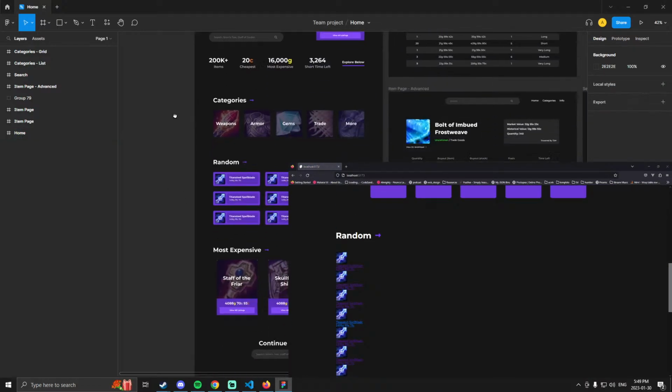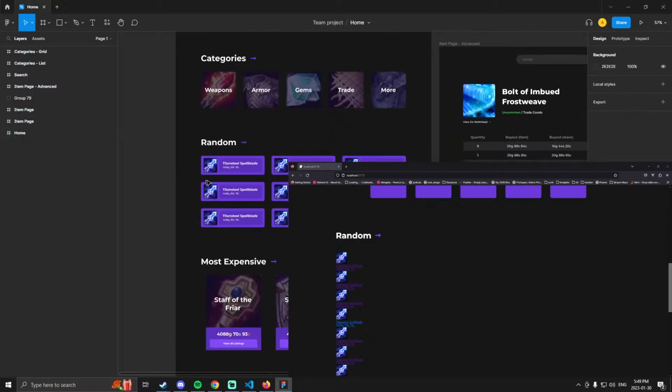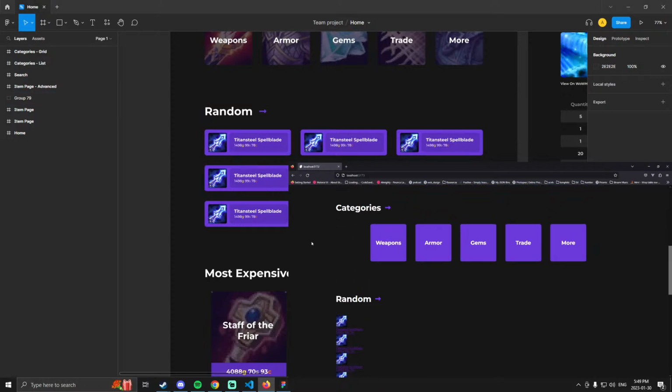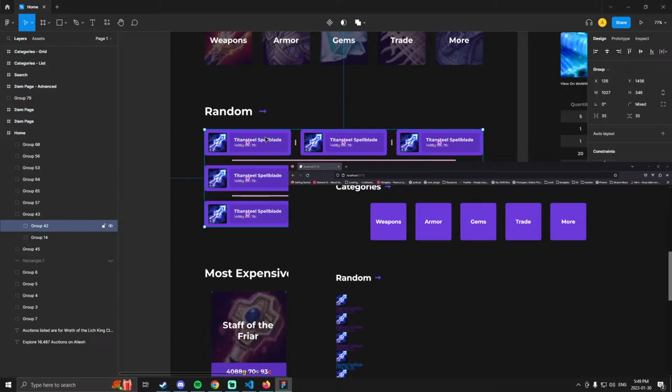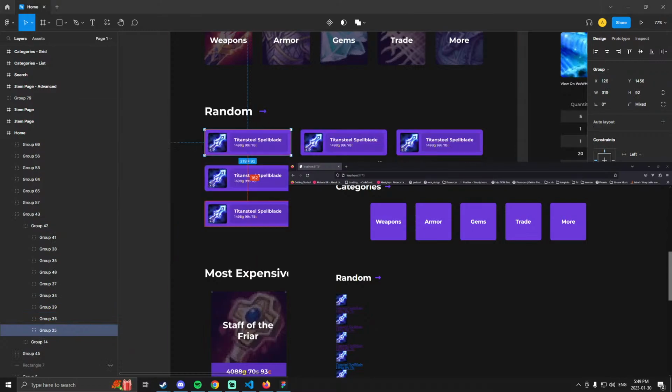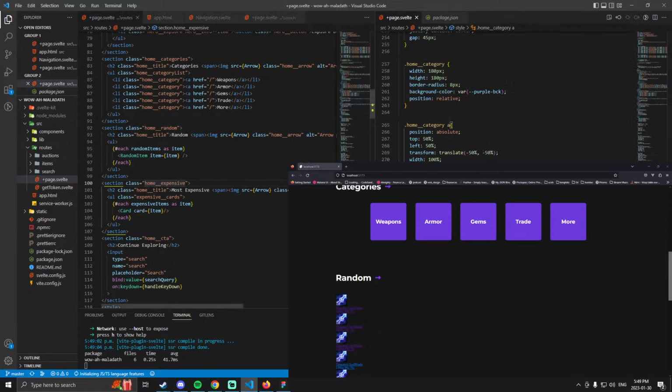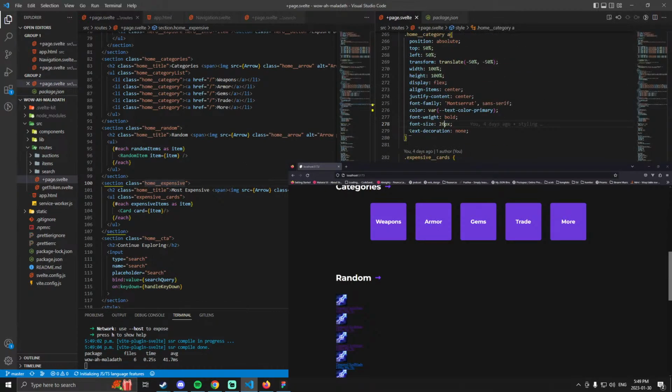Okay, so random, pretty easy. 3 in a row. Possibly could grid this. We'll likely just flex it and gap it. Yeah, that's probably set it to the same width as everything else, which I think it already is. So 320. So let's go ahead and